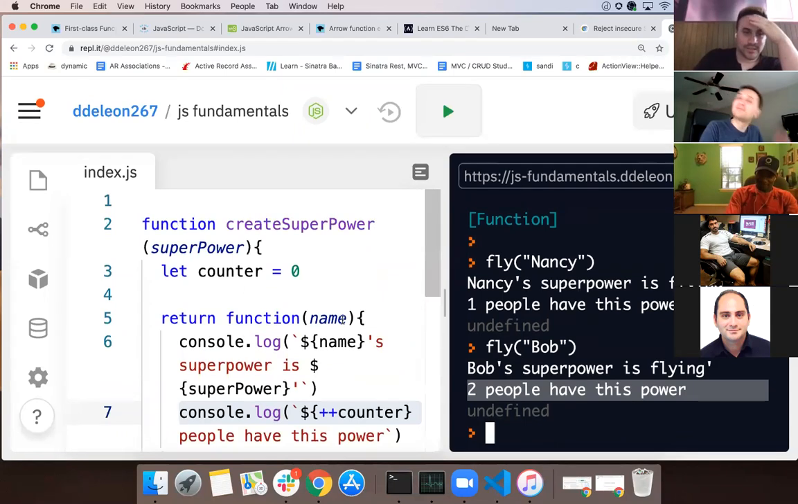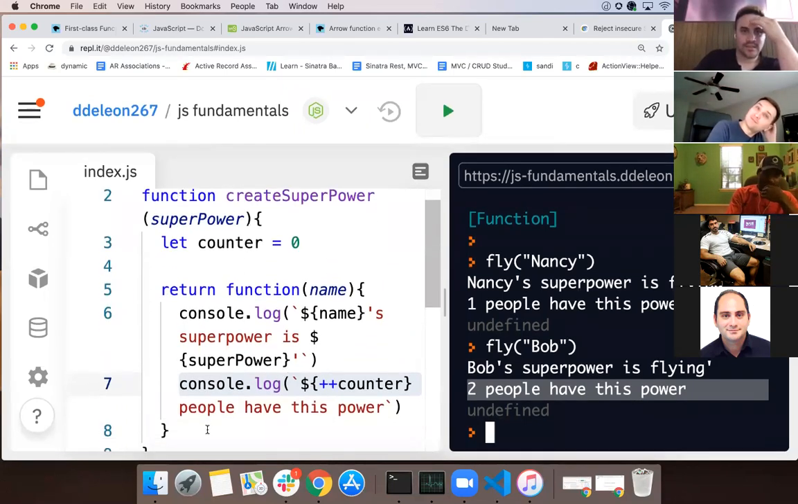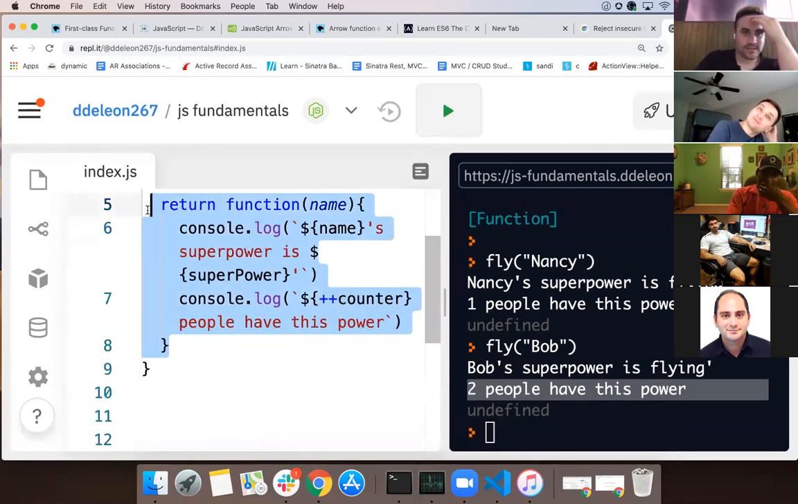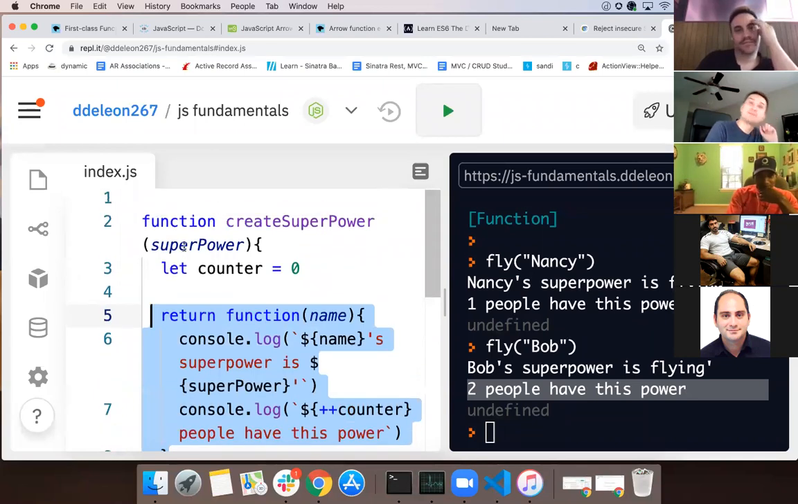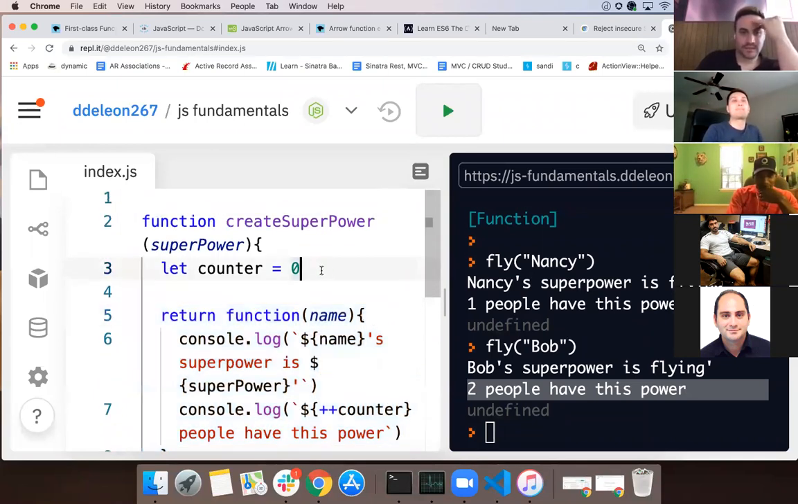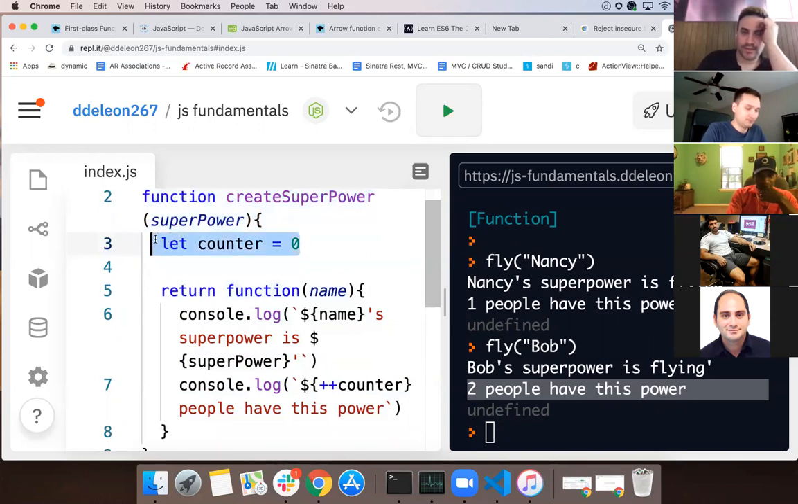Because the idea is that, like with closures, this inner nested function is aware of variables that were declared in the parent function, even after this function is done executing, right? So it knows that it has this counter that started at 0 and it incremented it, and we can keep doing that. So we can even